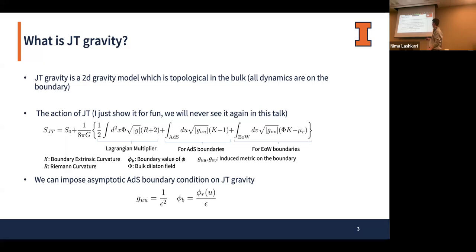Yes, this is the notation I choose to use. u basically stands for the asymptotic AdS boundary, and v is the induced coordinate on the end-of-the-world brane boundary. But as you will see, this is not of much importance because we are not talking about JT gravity. We are mainly talking about the double-scaled SYK model, where there's actually not an induced